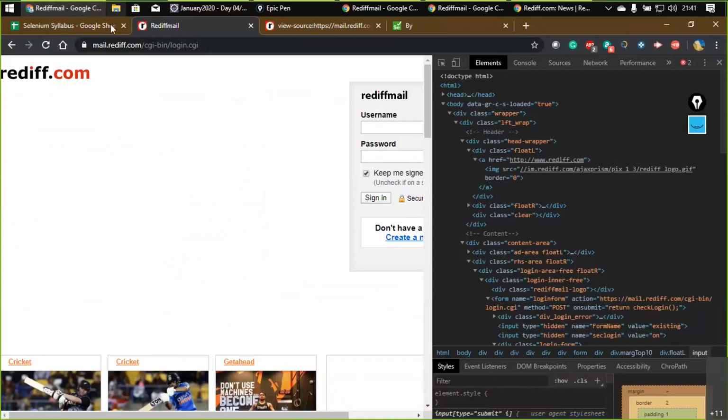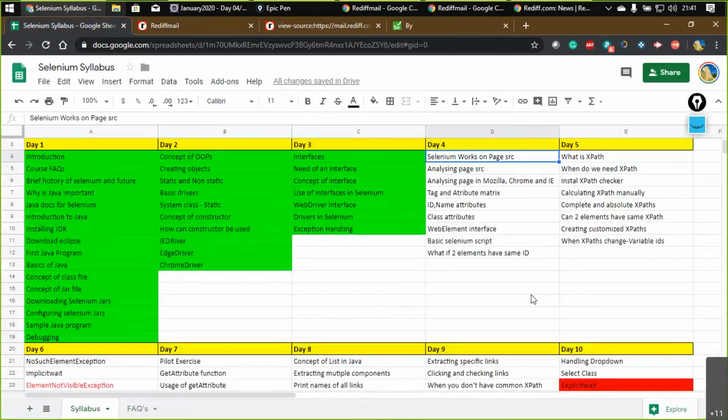Okay. So over here, let me mark the things which are done. We are done with how Selenium works, and we are still working with this particular part, analyzing the page source. So we are done with tag and attribute, and which attribute, that is ID and name. Now the next thing is the class attribute, whether we would be able to locate an element with its class attribute or not. First of all, let us see that,